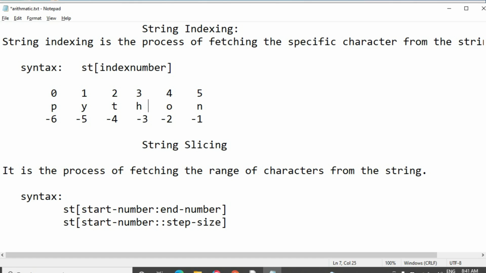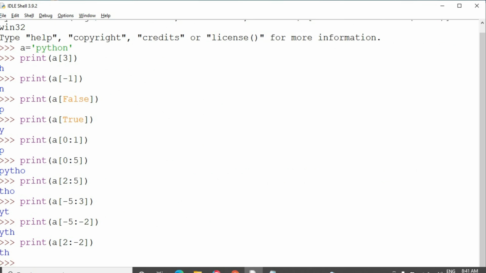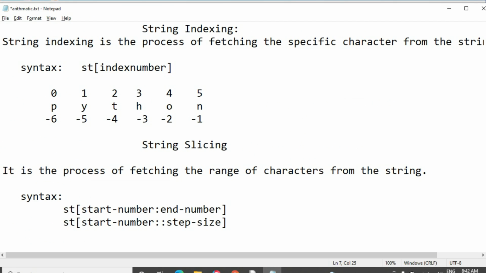So it will consider before the minus 2. So TH, only TH has come. Okay, friends.